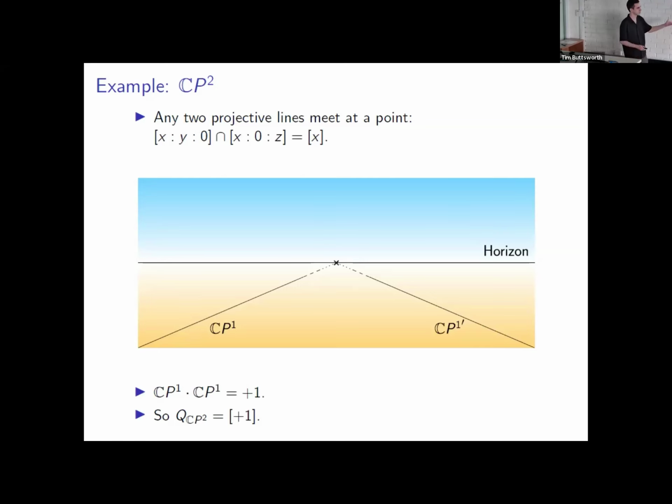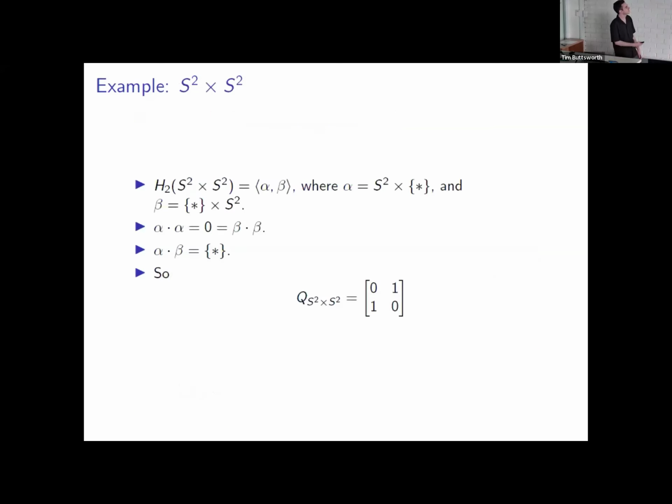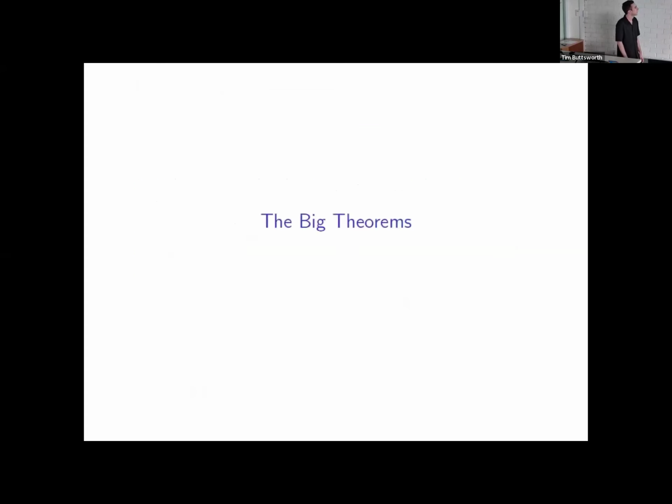So that's what I mean. It's really quite simple. S2 cross S2, it's pretty much the same kind of idea as the two torus, except now everything's so think about that if you like. Okay, so this is all very well and all, but you might be thinking, is this actually an interesting thing to think about? So yes, as it turns out,